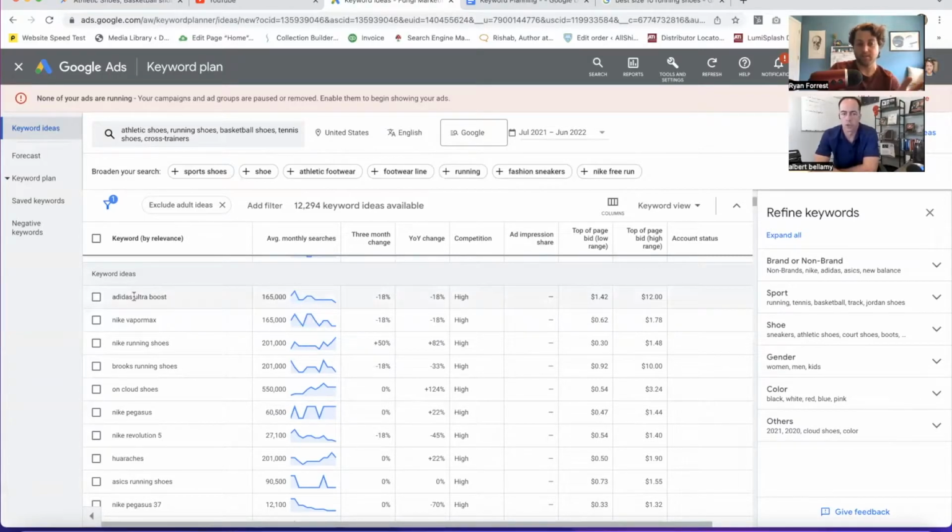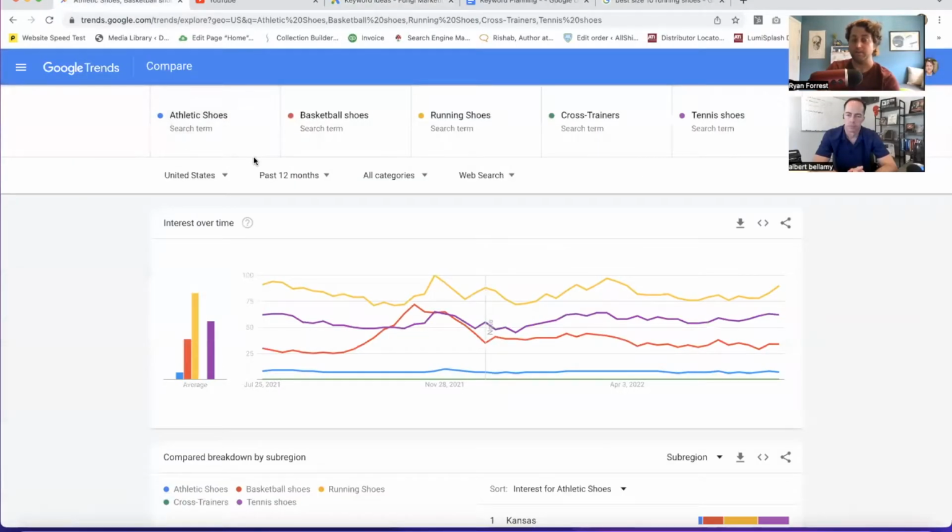Something along those lines. So it's going to get shown in less searches, because the keyword is more specific. So you pay less. But there's less search volume. It can be extremely beneficial, especially if you own an athletic shoes store that's mostly running shoes,